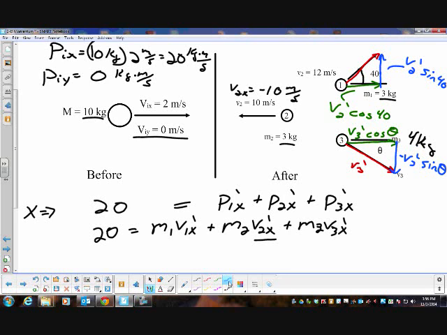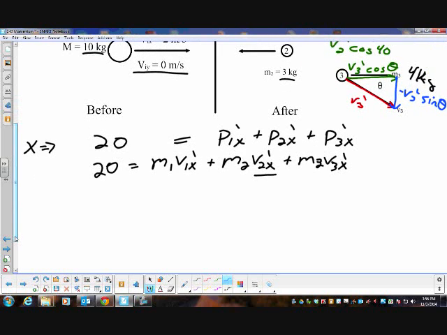And so I'm going to set up and I'm going to rewrite my conservation of momentum in the x direction as